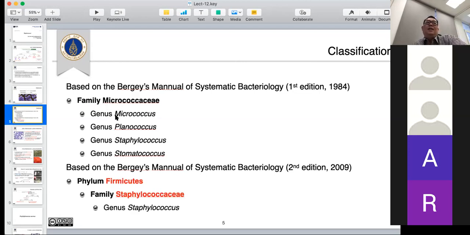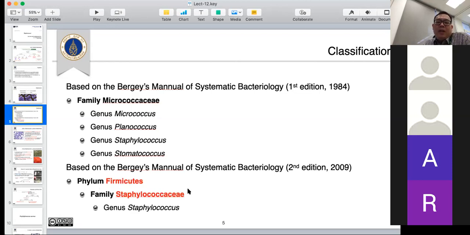Micrococcaceae has an arrangement of 4 cells, not a bunch of cells like Staphylococcus, okay? But in the new classification, Staphylococcus moved out from this family and formed its own family named Staphylococcaceae,